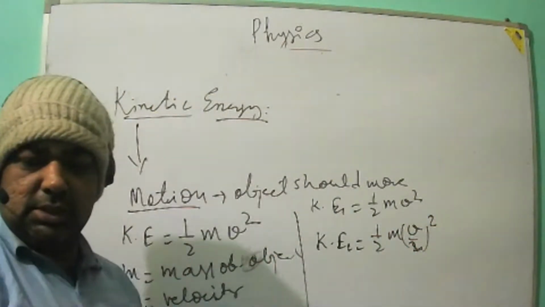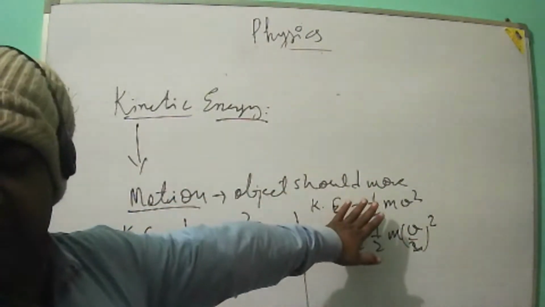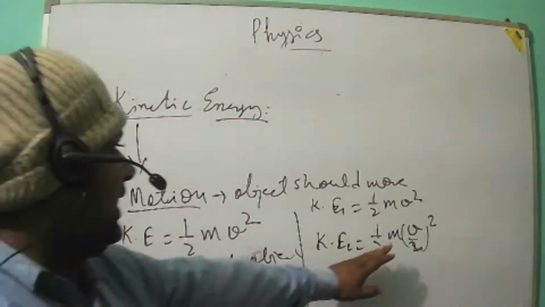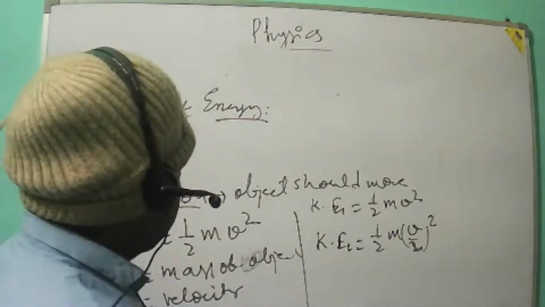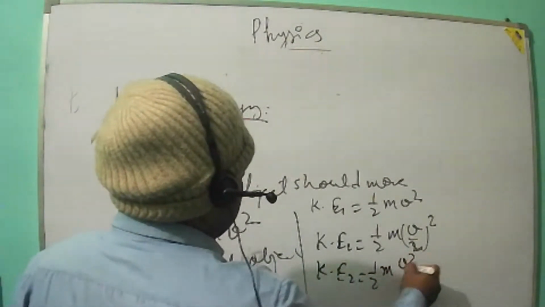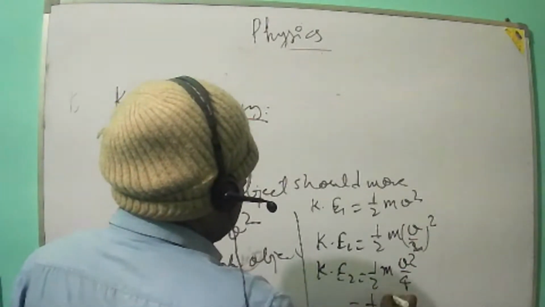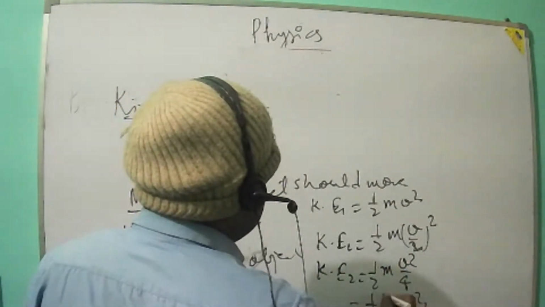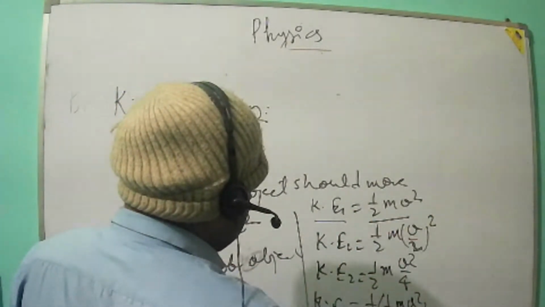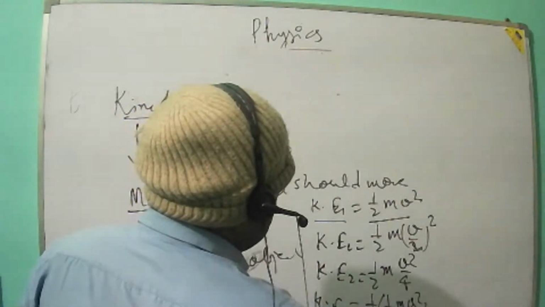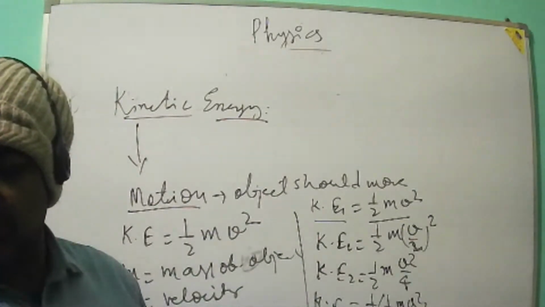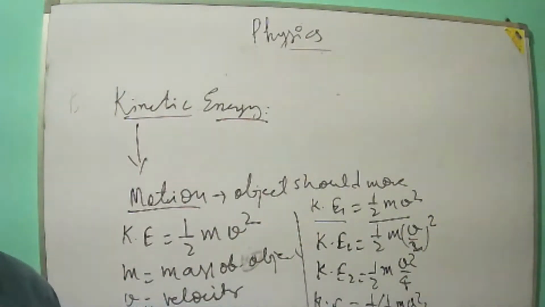I hope you have followed. Where v is written, write there v by 2. At the place of v, write v by 2. Now, what will be your KE2? KE2 will be equal to 1 by 2 m v square by 4. So this 1 by 4 here, it will become 1 by 4 times 1 by 2 m v square. This is KE2. So you see here KE1 is 1 by 2 mv square, so KE2 is equal to 1 by 4 KE1. It means kinetic energy will become